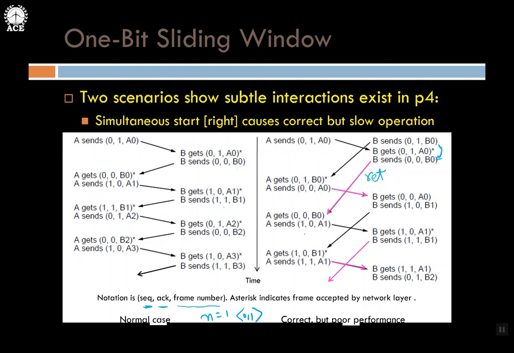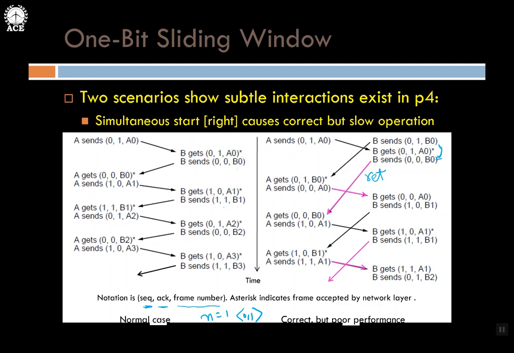So what will A do? Since A has already received B0, it has to acknowledge that. And because it has now got the acknowledgement for A0, right, it will send A1, because this is the acknowledgement for A0. It has sent A0 here, and 2 times it got retransmitted. It should not have been done like that. But anyway, because of this delay which is happening here, it is resulting in many retransmissions.